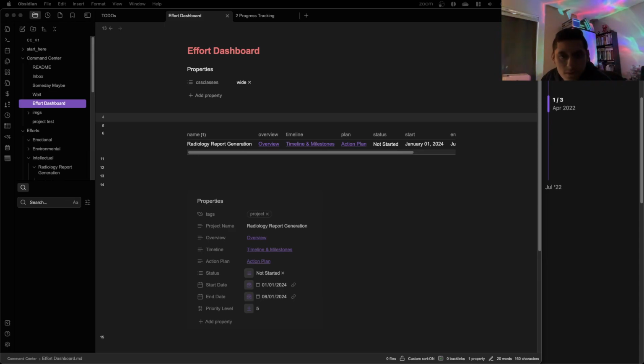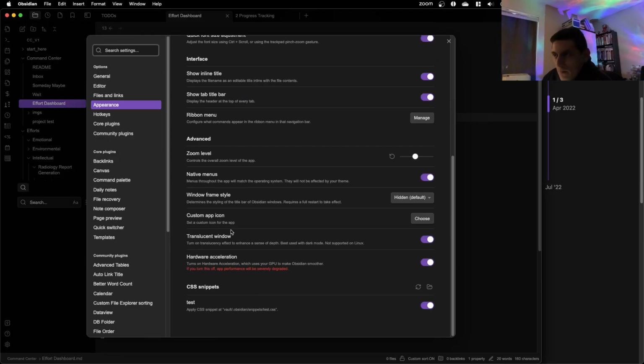Where is it? Open with Visual Studio Code. Open.